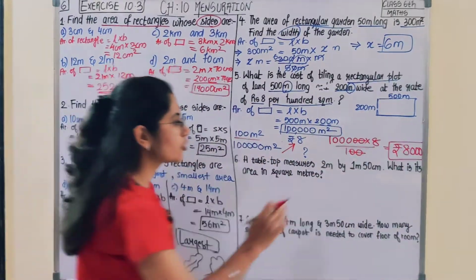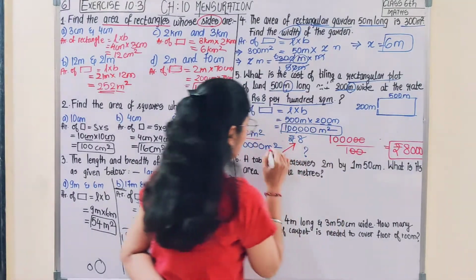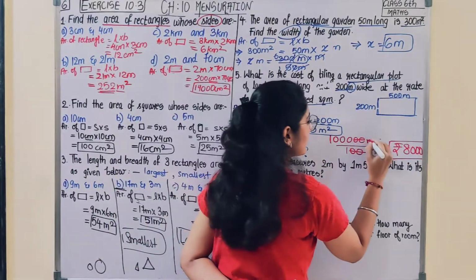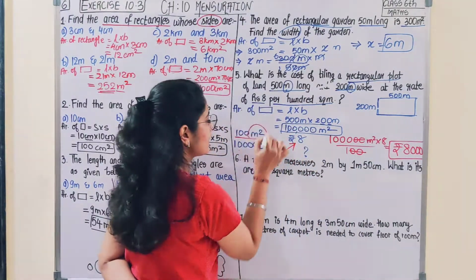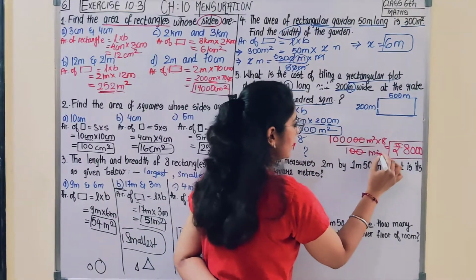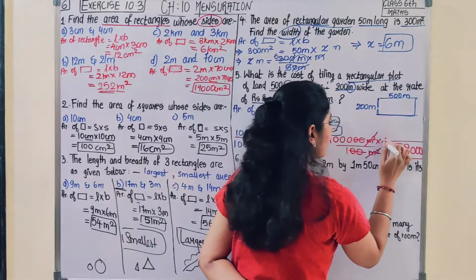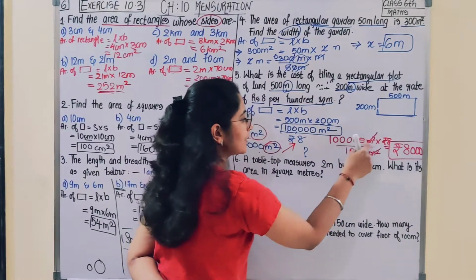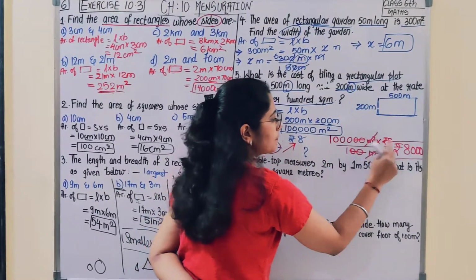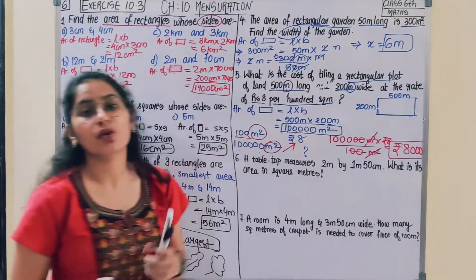ओके अब देखो यूनिट कैसे आया, ये क्या था, मीटर स्क्वायर, ठीक है, तो मीटर स्क्वायर इंटू 8. ओके ये 100 मीटर स्क्वायर था, ये भी एरिया है मीटर स्क्वायर, तो मीटर स्क्वायर से मीटर स्क्वायर गया, ये 8 क्या था, ये था रुपीस 8. ठीक है, तो इसको सॉल्व किया तो मीटर स्क्वायर तो गया, बचा क्या रुपीस, तो रुपीस 8000. This is how you can consider the units.